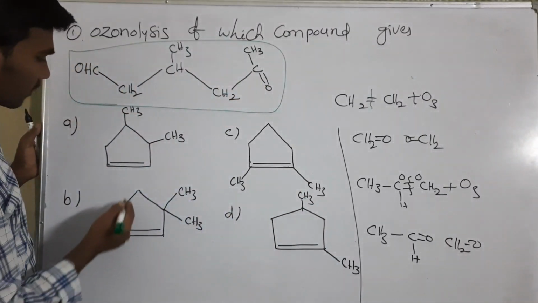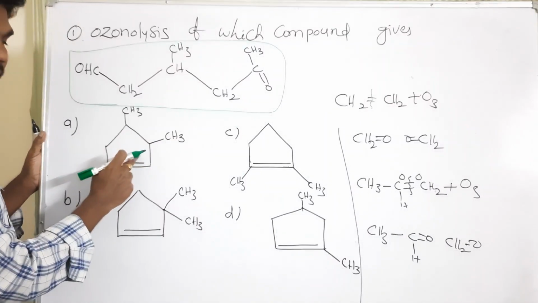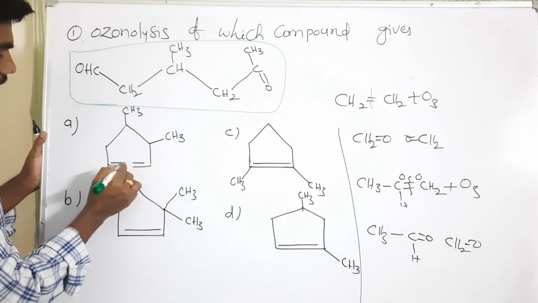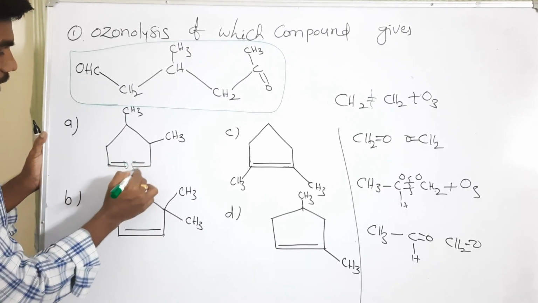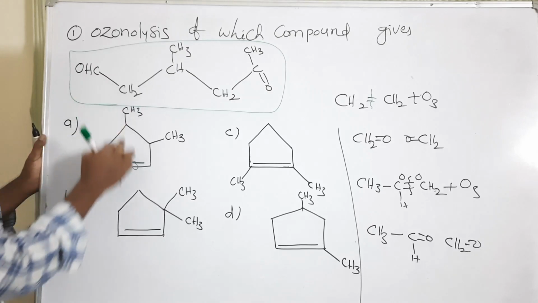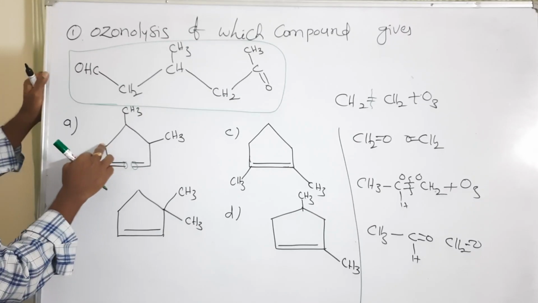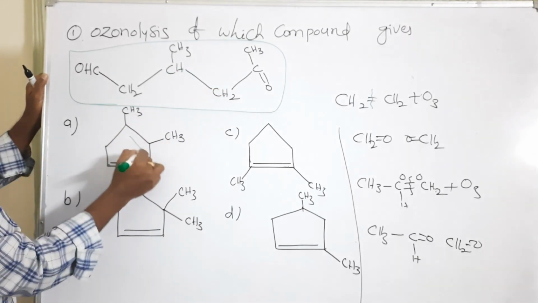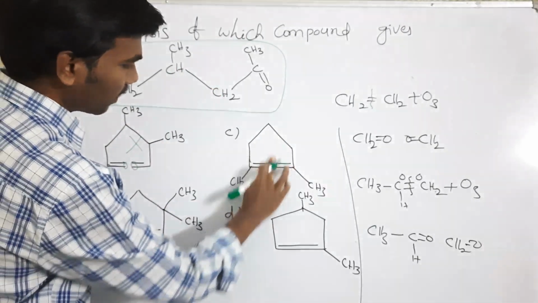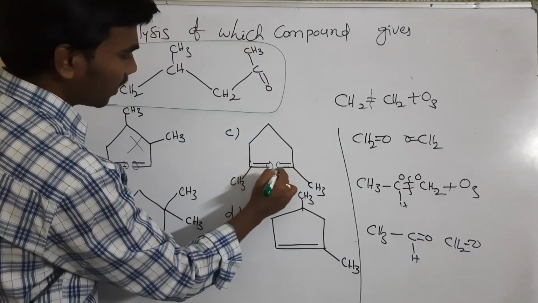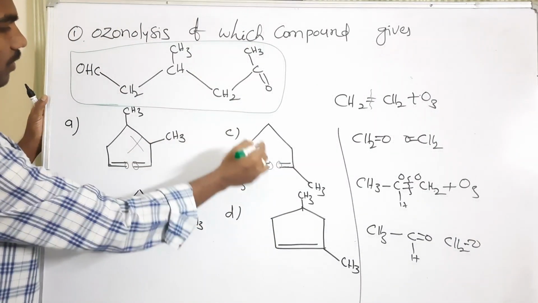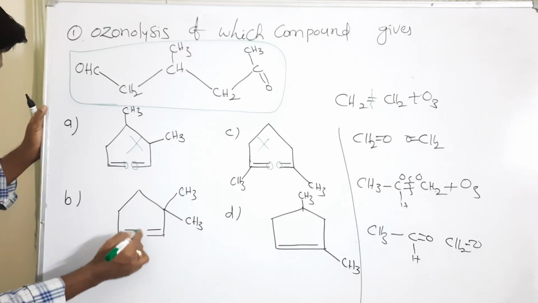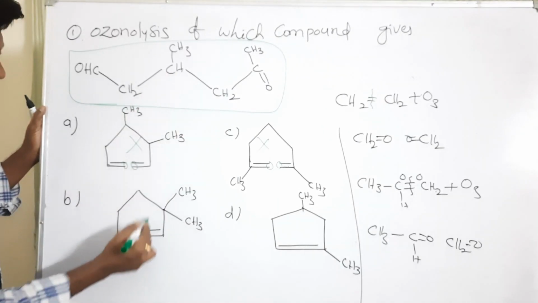So here you see, first you select this compound. In this compound you break the double bond here, and you connect double bond O here and double bond O here, right? Just to check. So formaldehyde is there, CH2 CH3 and CH2 CH3 is there, means this is not our option. So next you break here and you connect oxygen here and oxygen here, so this is also not our product. So you come here and you break here, double bond O, so this is also not our product.